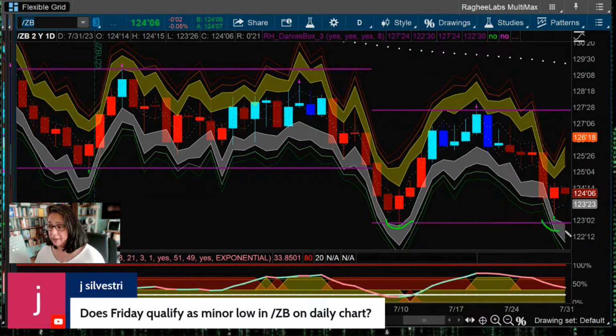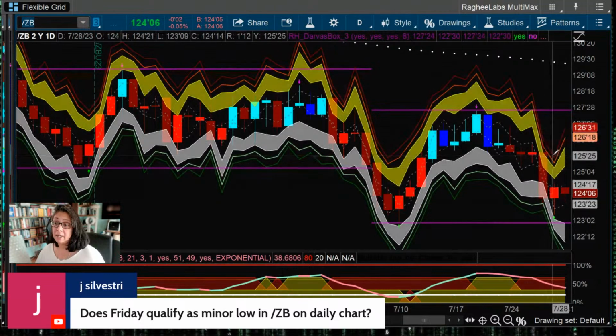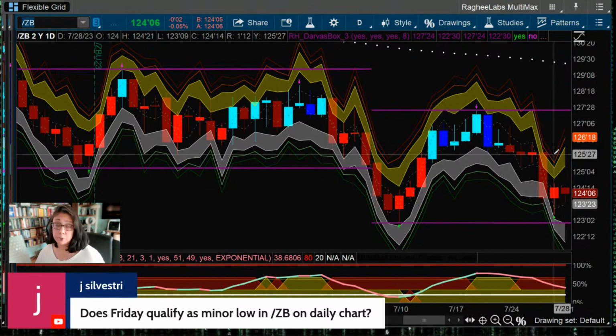Take a look at the automated Darvis. Take a look at the signal, that green arrow. So Jay, if you got Darvis 3.0, yes, that is a minor low. You bet. And we'll be looking to see if we can take out 124.21 for follow through to the upside,